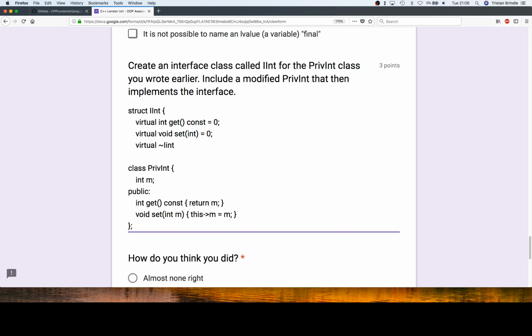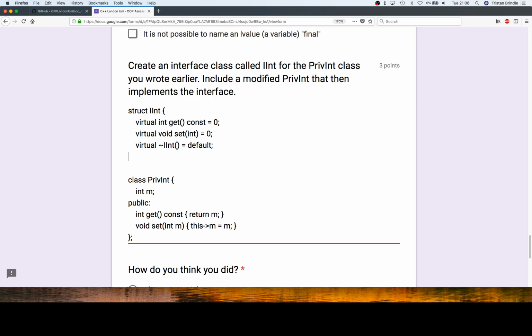INT. Oh, sorry, it's INT. Equals default. And then, of course, the final touches are INT override, and of course